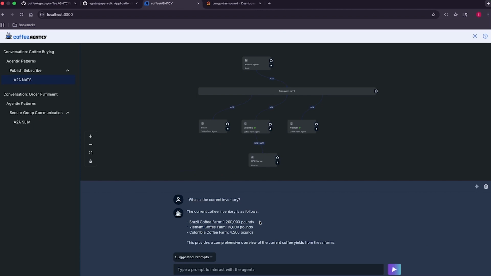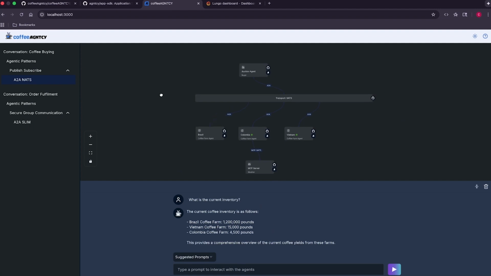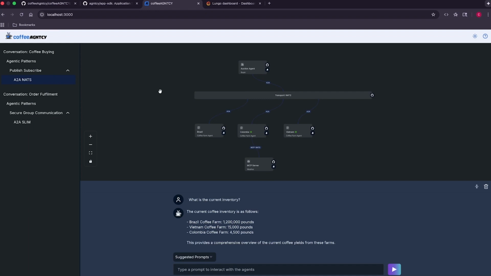Over 1 million pounds of coffee from Brazil, 15,000 from Vietnam, 4,000 from Colombia. So this is, like I said, the main UI entry point for the application, but we also have a